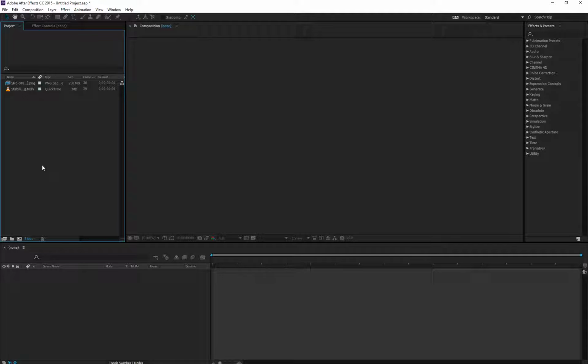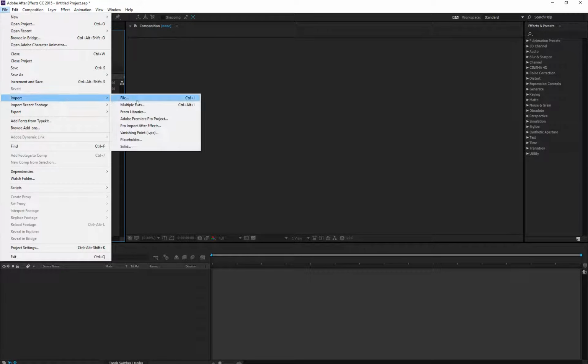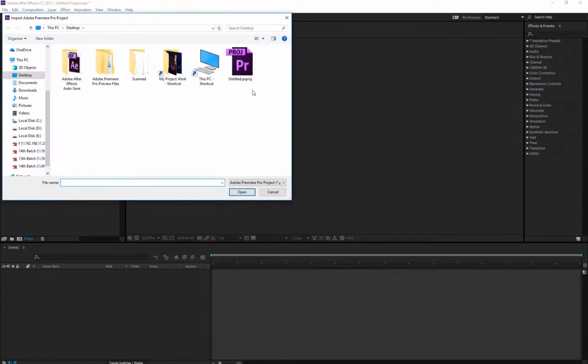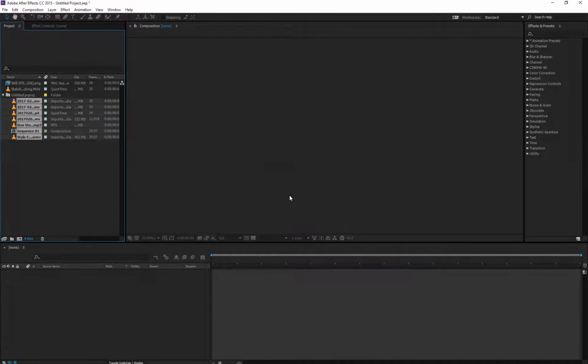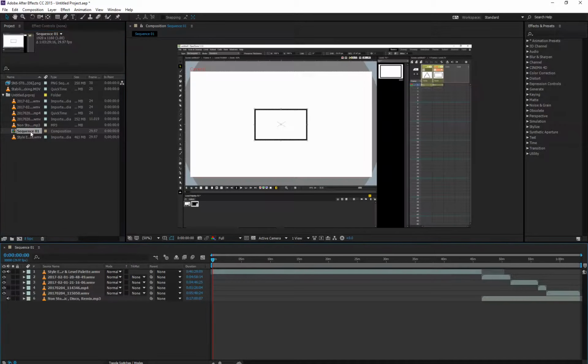So once you import the entire footage, then the question you face is, what are the settings for the footages? I mean, what is the aspect ratio and import Premiere Pro project, open all sequences, okay, and